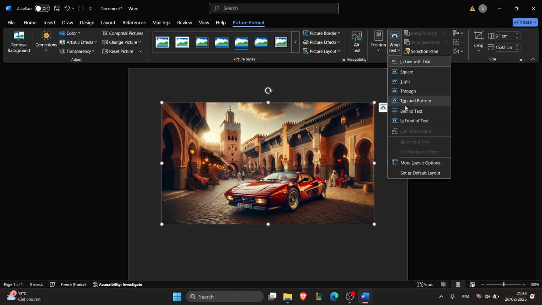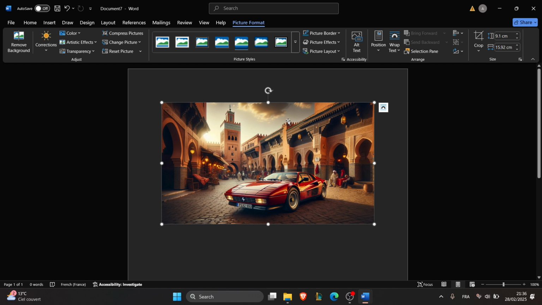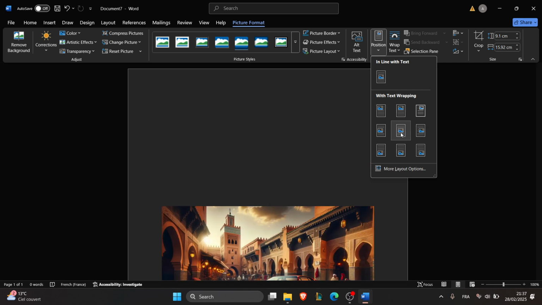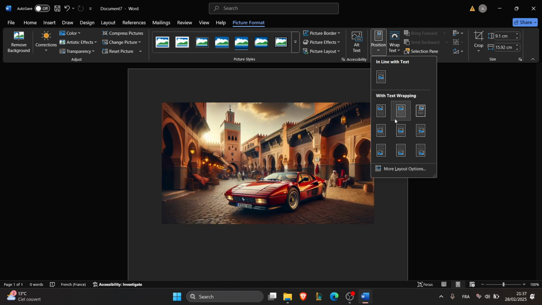Now as for the third step is to align and arrange images. And to do that, just select the image and then go to picture format and then go to align or position. You can align in center right here. You can distribute horizontally by clicking on these ones, or you can snap to grid. Now for additional tips, use the position tool for preset alignments and group multiple images together for consistent